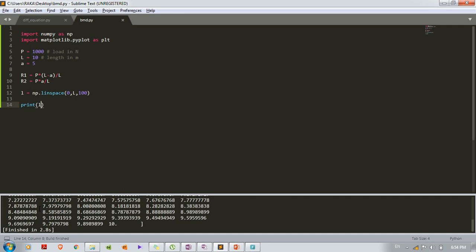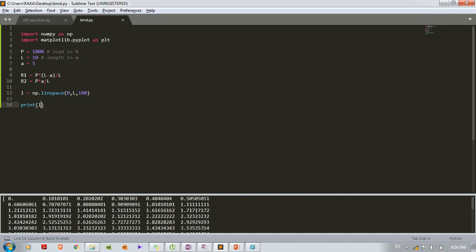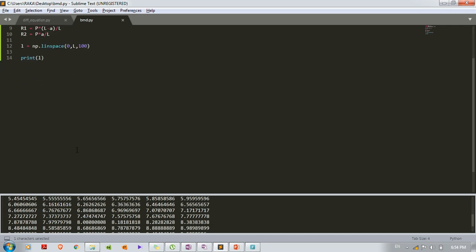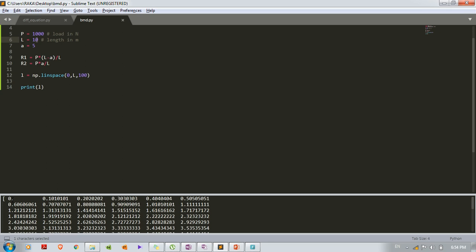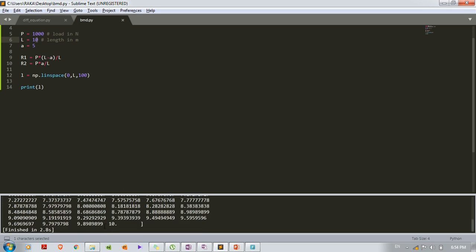So we can see here it has created 100 values for small l when l is 0 to L. Because L is 10, it will create values between 0 to 10. We can see the first value is 0, the last value is 10. So it is creating such 100 values. So we can vary these values.